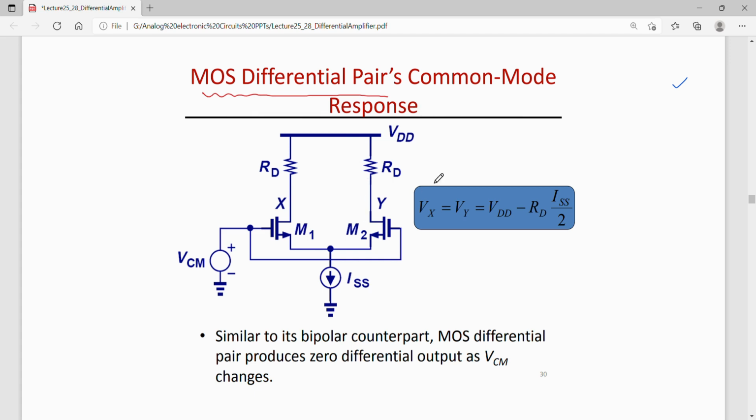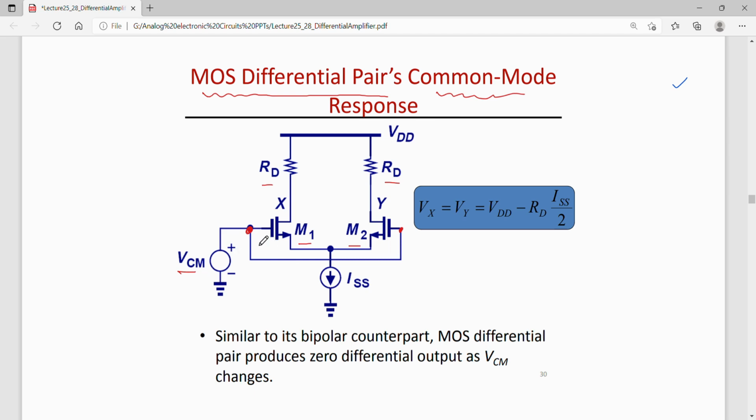So let us try to find out the common mode response of a MOS differential pair where we have transistor M1, a MOSFET, N-type. Okay. Similarly, M2 also N-type MOSFET. We have drain resistances RD, okay, and the common mode input that is applied on the gates of both these